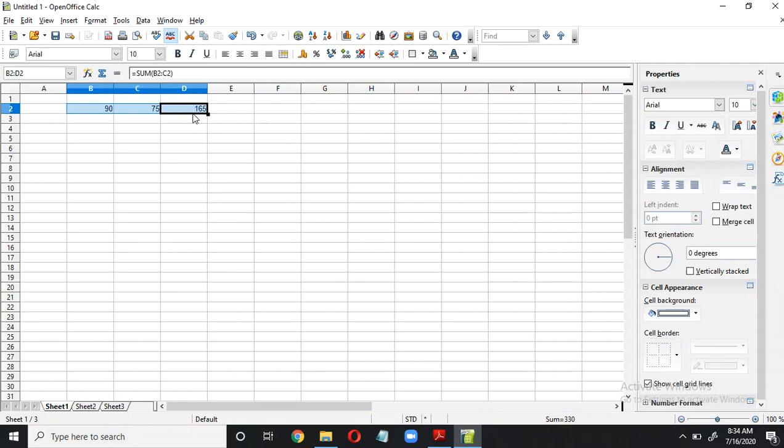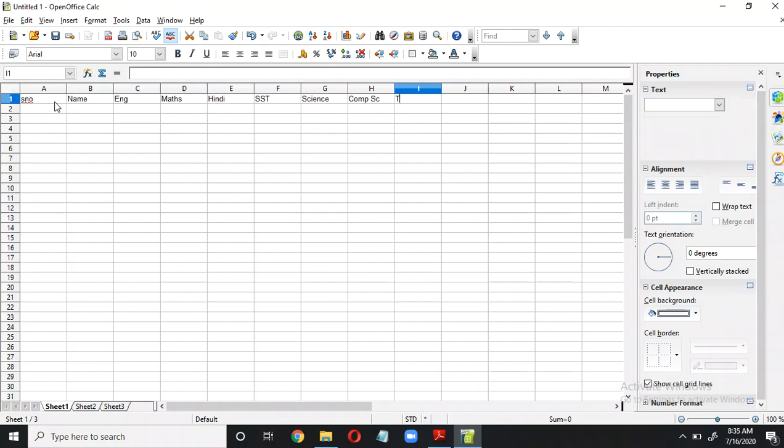Now let's see one more thing. Suppose I write serial number, then name. Suppose I am making a mark sheet, then English, Maths, Hindi, SST, Science and Computer Science, and then total.